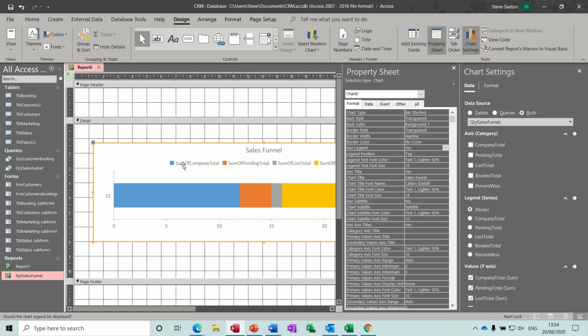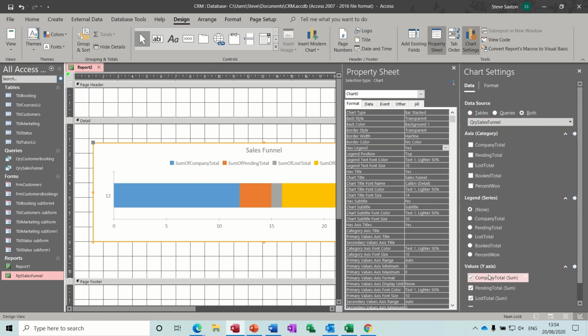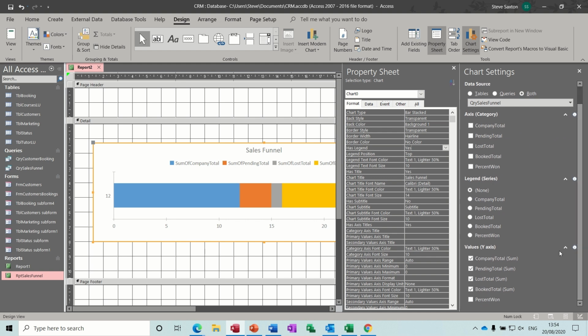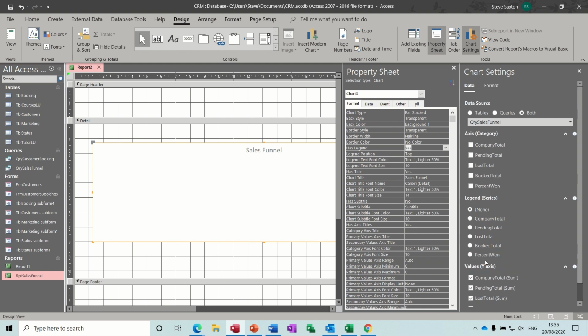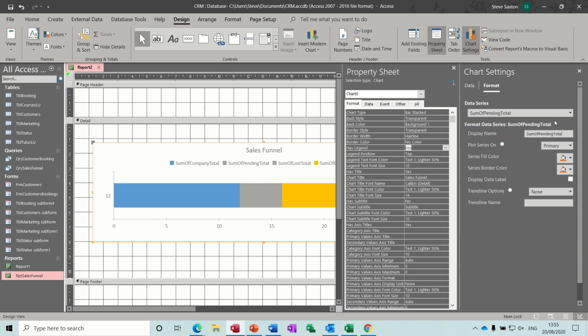Now these, I want to change these, so back to this one. So if I go to each one of these, and I don't want to take that off, I want to change the format of that. So I'll go to the top and pending total, so there's the title, so it just wants to say pending. To delete that, make a space, select the next one down, get rid of the sum of,